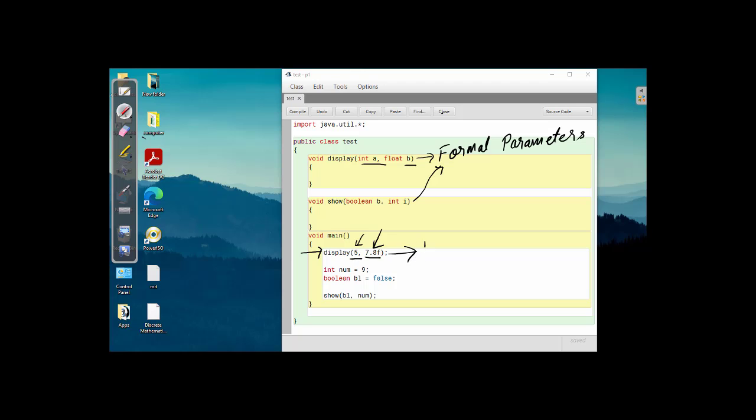So this is the function call statement. Similarly this one is also a function call statement. So both these statements are function call statements, and in these statements the parameters that are provided are known as the actual parameters. We have already discussed the display function. In the display function call, 5 and 7.8f are the actual parameters, whereas in the case of the